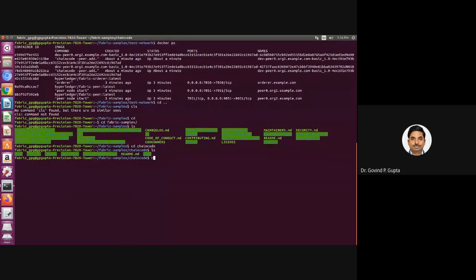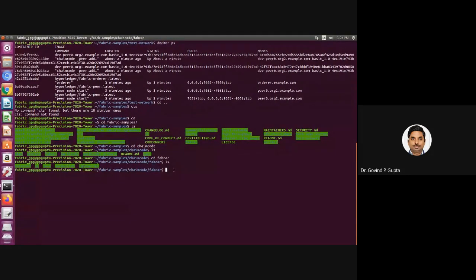I'm going to explain the asset car chain code which is available. You can write your chain code in the Go language, the Java language, or JavaScript. So a single code can be converted into multiple languages.